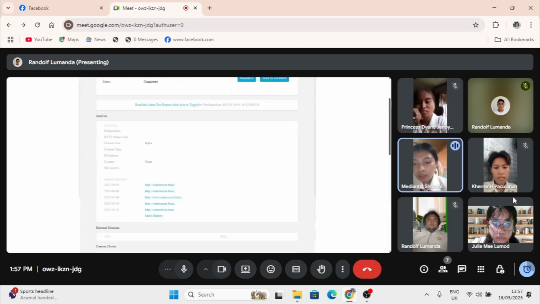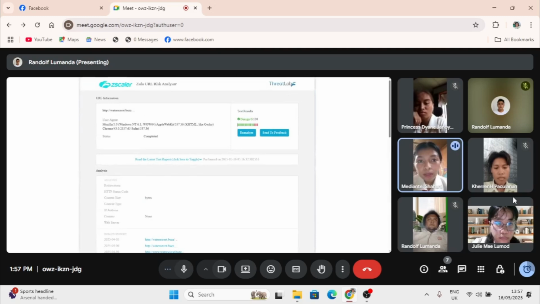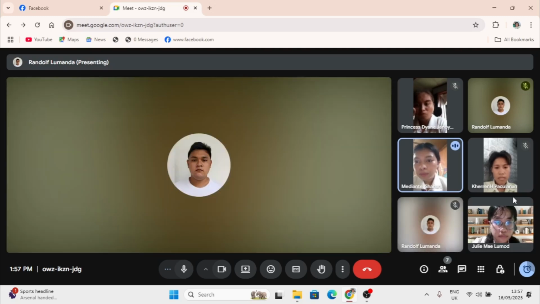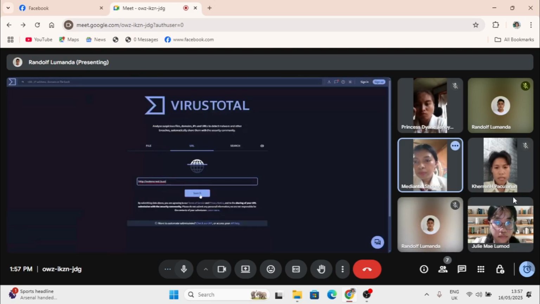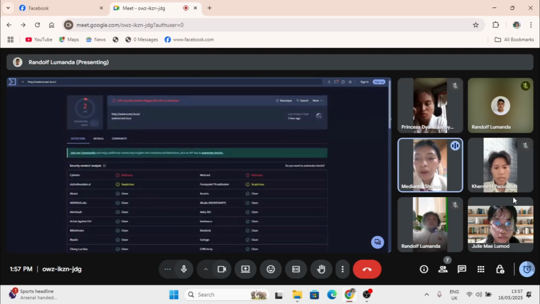Now let's check the same URL using VirusTotal. Go to VirusTotal. Can you type the URL also? You can see VirusTotal says that the URL is dangerous and has suspicious content. So we have different results. One says safe, one says not safe. Because of this, we need to keep checking. In cybersecurity, even one warning must be taken seriously.